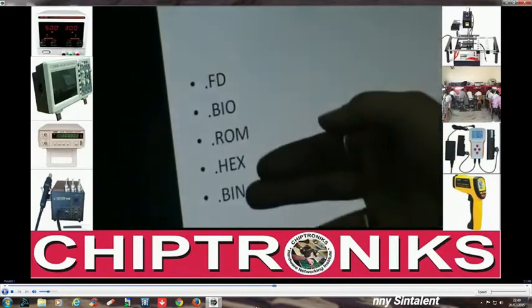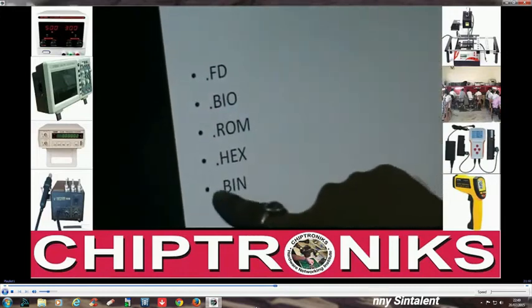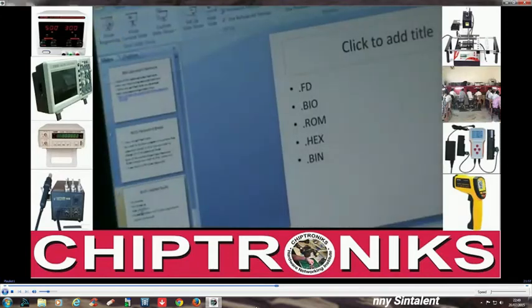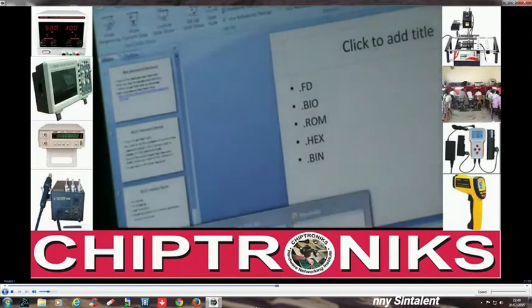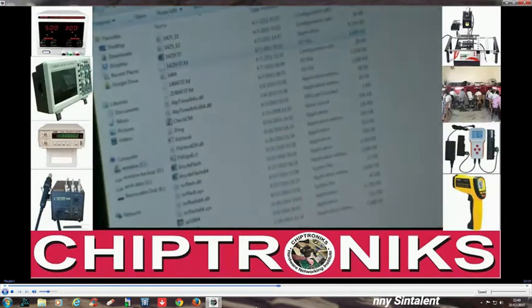These are the extension names: .fd, .bio, .rom, .hex, .bin. With the help of this extension name, you find the actual BIOS file. Now here, when you see,